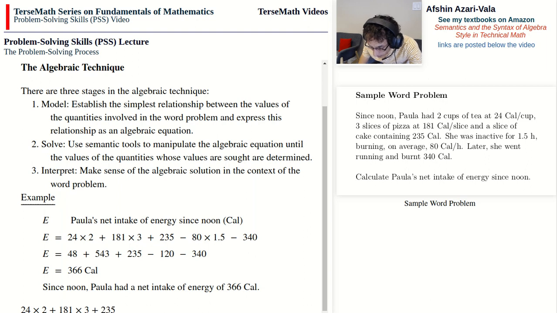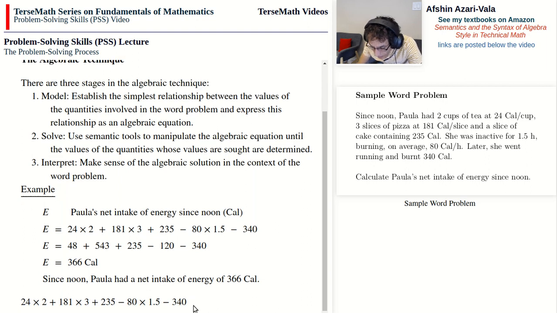Then we subtract 80 times 1.5, and then subtract 340. Okay, so here we have the equation, and now if I go with BEDMAS, then what I would have to do,